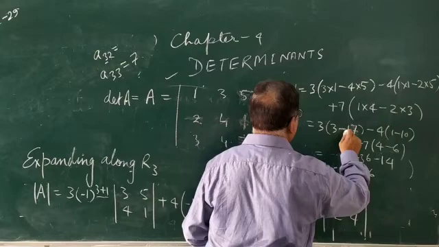So how many ways can you find the value of a determinant in the case of 3 by 3? 6 ways. See, first row or second row or third row, you can expand it and you get the particular value. In the same way, first column, second column and third column. There are 3 columns and 3 rows, so in total it is 6. So you can expand order 3 by 3 in 6 ways, but the value will not change. I think it is very clear, and how to find the value of a determinant, no doubt at all.